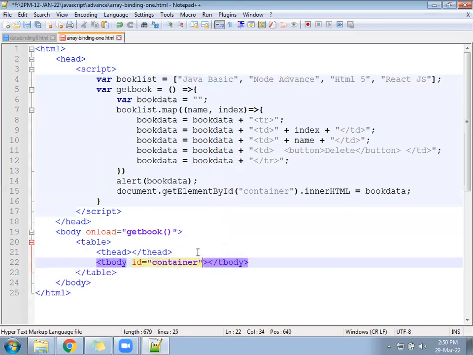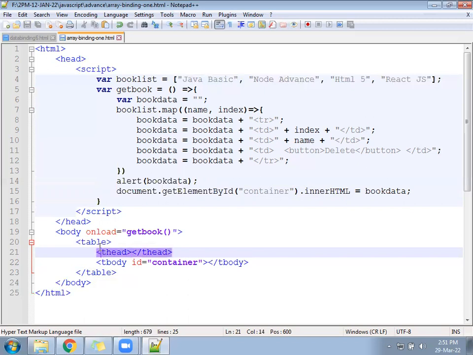You will give the ID as container. Under the T body you will give the ID as container, right?